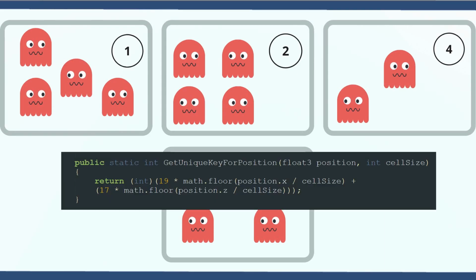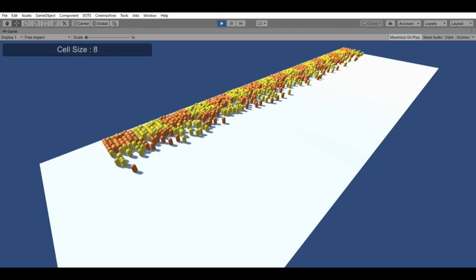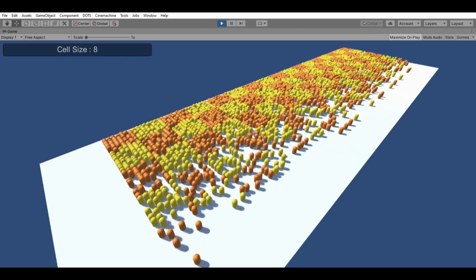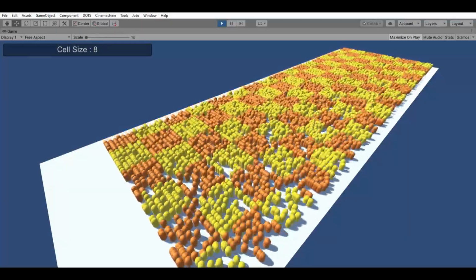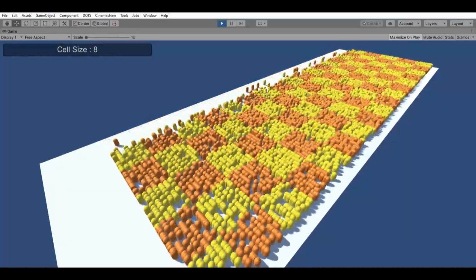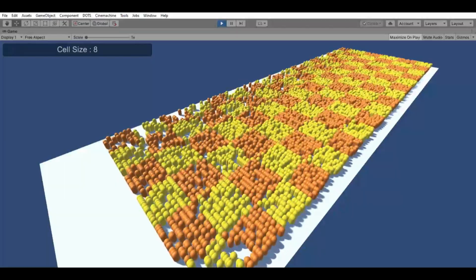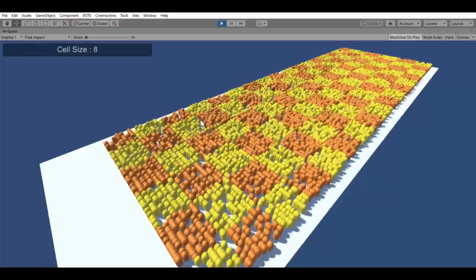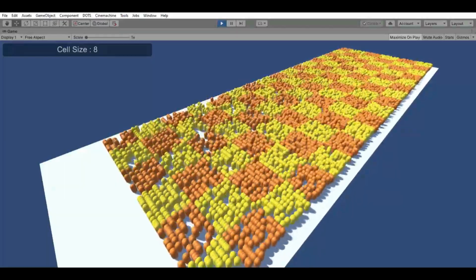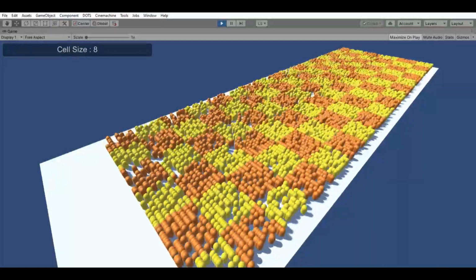We can calculate the hash key for every unit based on its location by simply dividing the x and z component by the cell size. So all units having the same hash key can be considered to lie in the same cell, making it easy to calculate the distance. To visualize this, I changed the color of units based on their cells, and we can now see how they belong to a cell. This is a very simple hash function, and there can be hash collisions. I will place a wiki link in the description if you want to explore more on this topic.